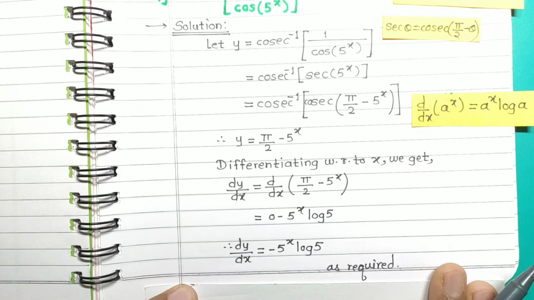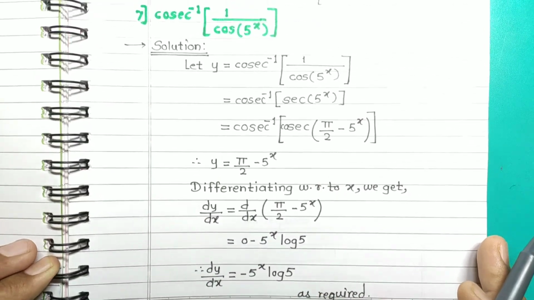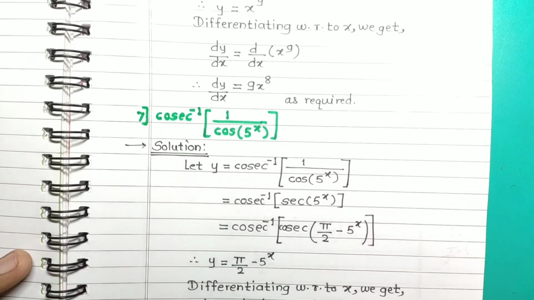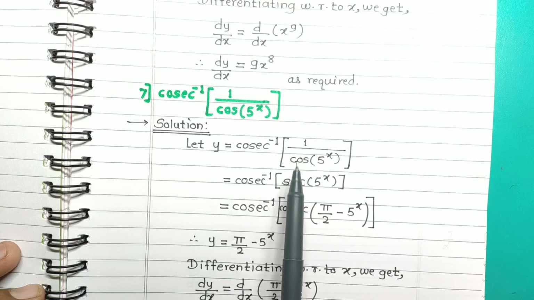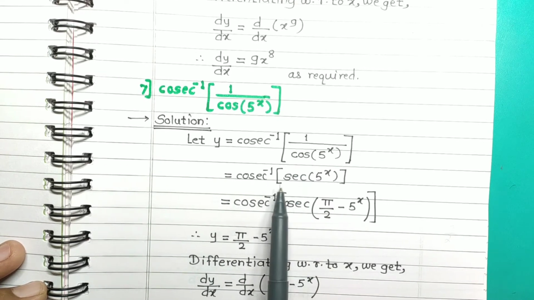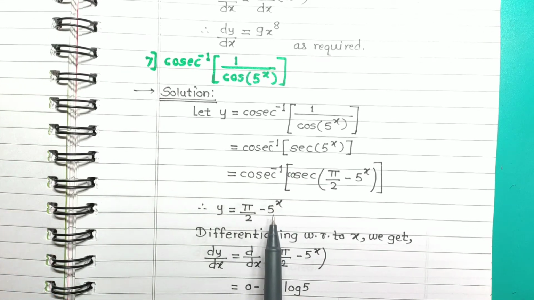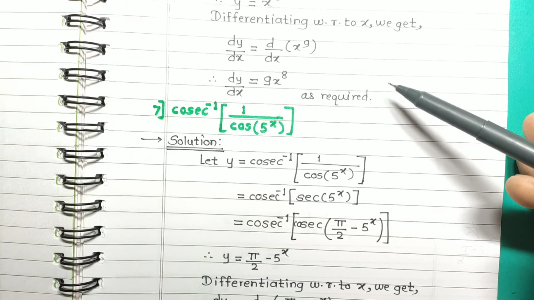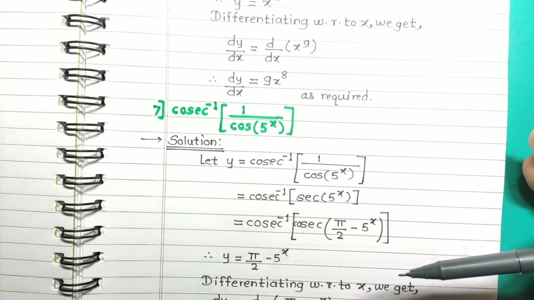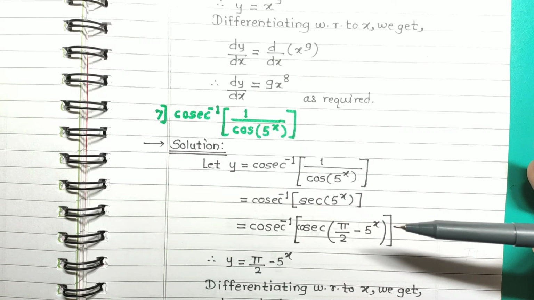So students, here you note that while solving these two examples, we have not used the chain rule directly to differentiate these given functions. We have done quite smart work to simplify those functions, and by getting the simplified function, we have differentiated that function. So you note these two examples properly and note how we have simplified them using properties of inverse trigonometric functions and some results from trigonometry.